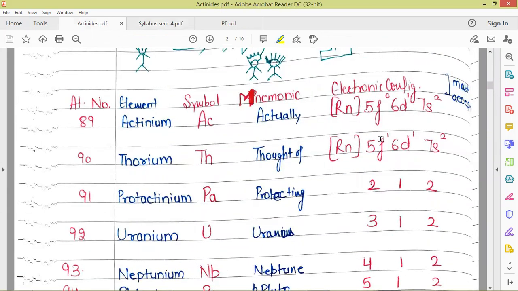Let's discuss the electronic configuration of these actinides further. This we have already discussed: the electronic configuration of actinium has 0 electrons in 5f and 1 electron in 6d. So in the case of lanthanides, what was happening? The electron which was present in 5d was coming back to 5f for the first element, that is the first lanthanide, cerium. It was 4f2 there, but in the case of actinides it is different. The 1 electron which is present in 6d will remain there for the first half of the series.